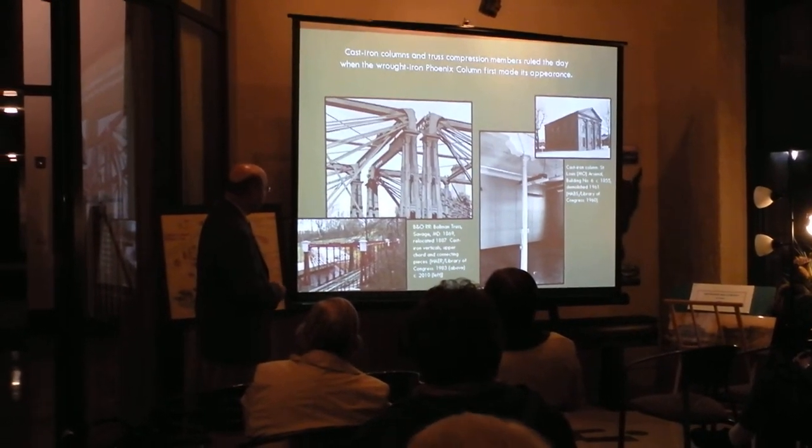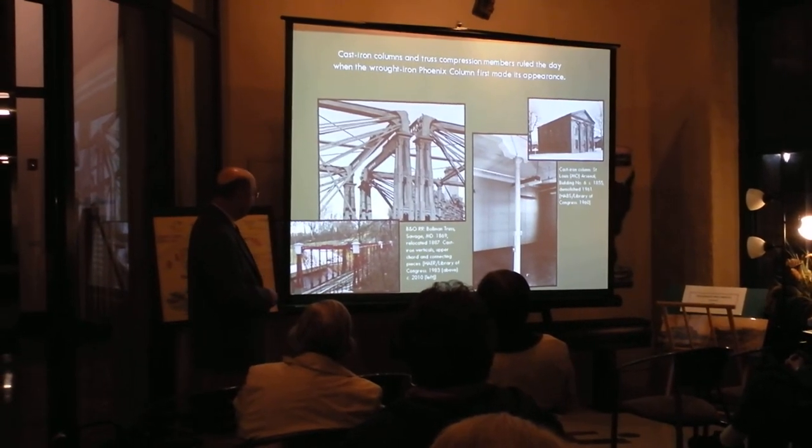This is a famous cast iron bridge, the Bowman Truss in Savage, Maryland. If you're ever going